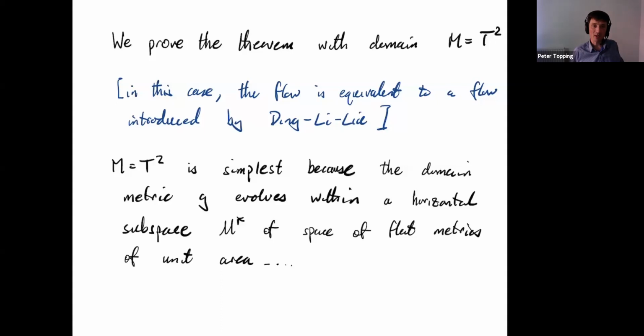But that complication, it really is a very beautiful complication, actually. The geometry is very nice behind it. It doesn't happen in this torus case. So we're just going to construct the example in this situation. So this space here I'm talking about, M star, I'm going to describe on the next slide. So this is the space that the flow will move G within.